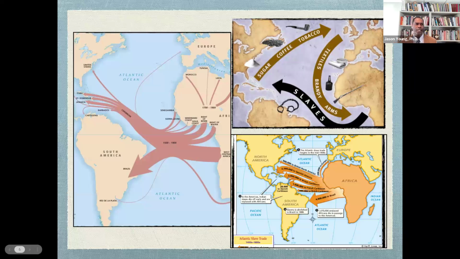When the trade wasn't presented as an aggregate of numbers, it would be abstracted in another way, often through arrows. And in this scenario, the principal lesson was still largely the same, to think about what got on boats, and sometimes people and sometimes products, but what was put on boats, and then where did those boats go, and what was taken off of the boats. These arrows were, I have to say, deeply frustrating to me as a student, because either in the arrows or in the charts, I wasn't getting any sense of what the transatlantic slave trade actually was, how it operated, who was involved. It was a massive,